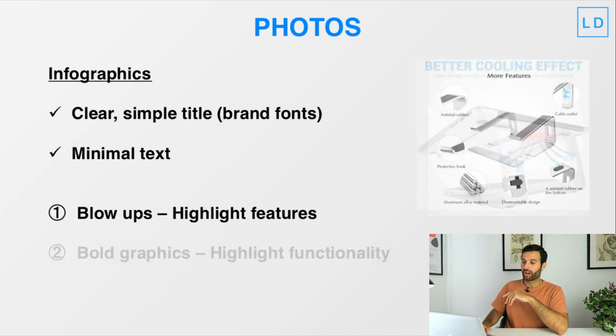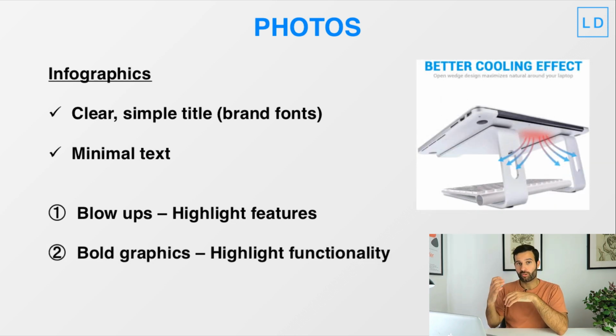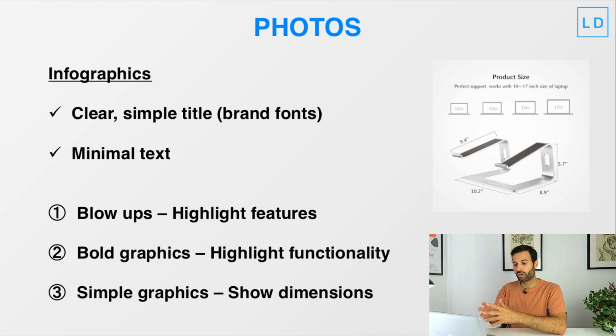The second type of infographic you want to use is a bold graphic infographic. These are great for highlighting the functionality of the product. And then finally, just simple graphics to show the dimensions. So basically, using these infographics, you want to highlight the key features, the key functionality, and the dimensions of the